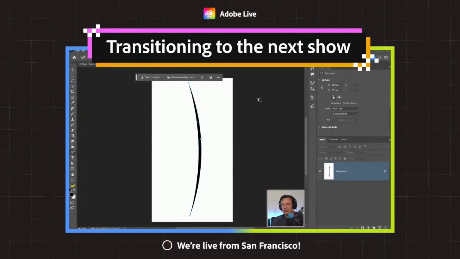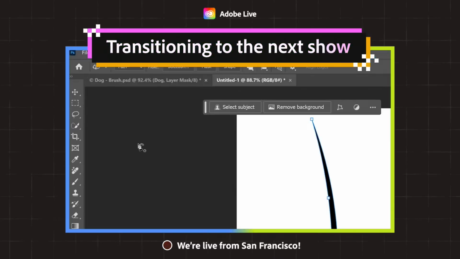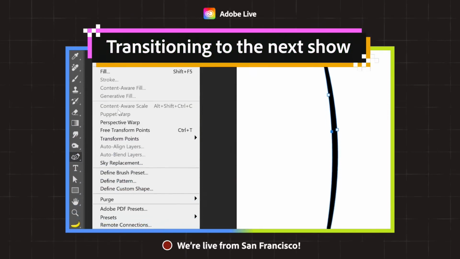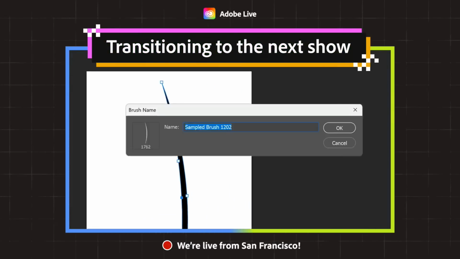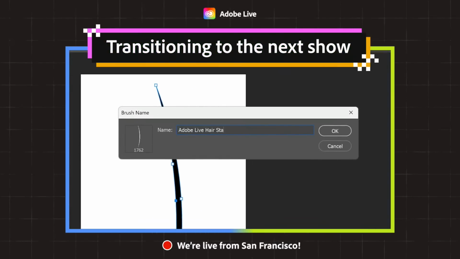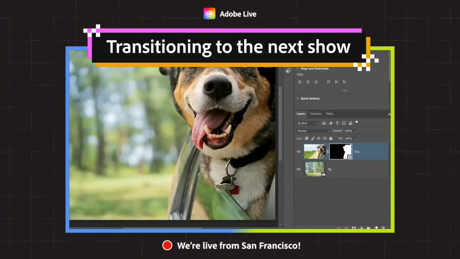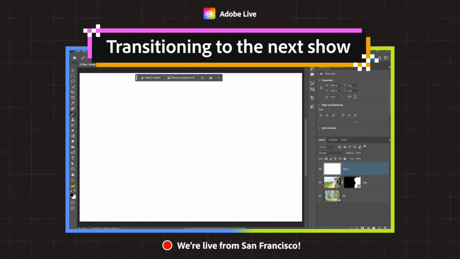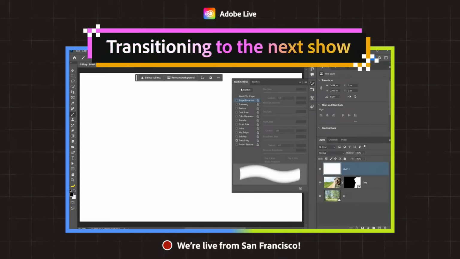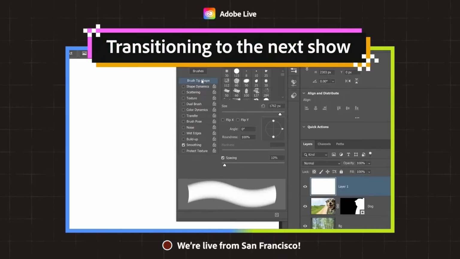So when you're creating a brush, white will become transparent and black will become the brush itself. So now I can go into edit, define brush preset. I can just call this hair strand, if I can spell. And I'm going to come back and create a new layer. So what we can do is click on this icon to open up the brush settings. For example, the brush tip,